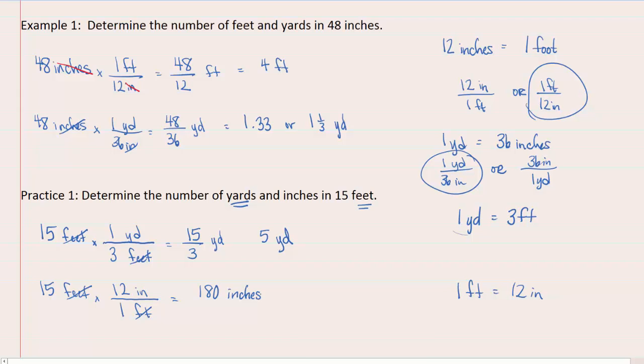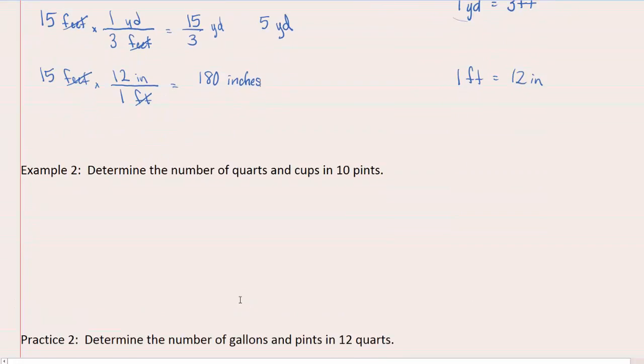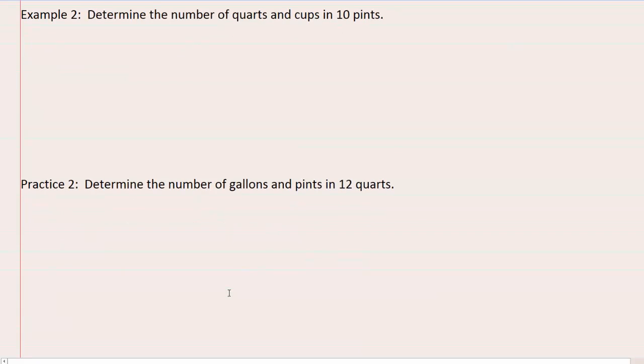Now, let's look at a couple of examples for volume. Example 2 asks us to determine the number of quarts and cups in 10 pints. Let's start by writing down 10 pints. Then we must remember the conversion between pints and quarts. If you remember that 1 quart, or 1 arm on Gallon Man, had 2 pieces below it, or 1 quart equals 2 pints,